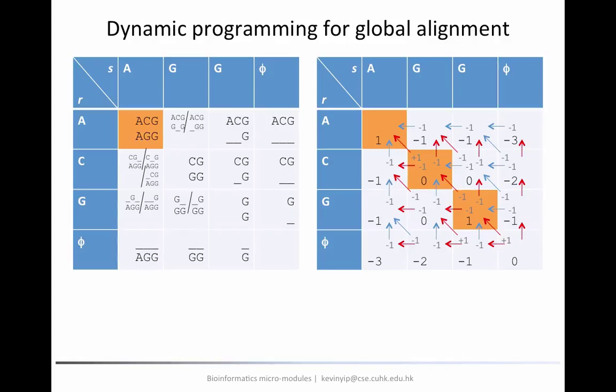To begin, let us look at these two tables again. On the right-hand side, we have the V table, storing the optimal alignment scores of the different subproblems. On the left-hand side, we have the corresponding optimal alignments. The table on the right-hand side was constructed using dynamic programming. For example, for this entry with number 1 here, which I'm pointing at right now,